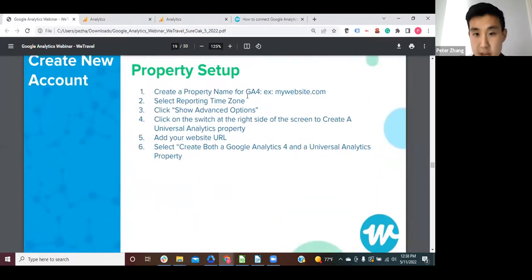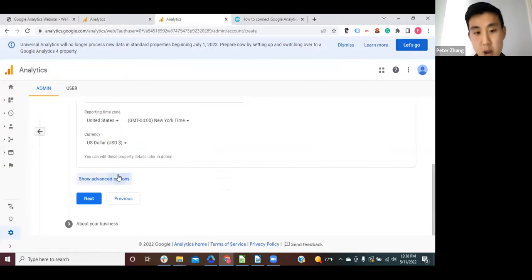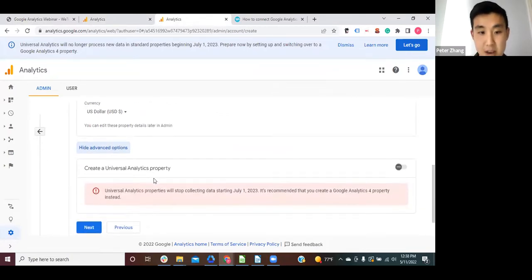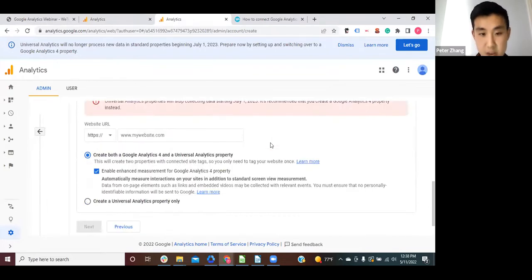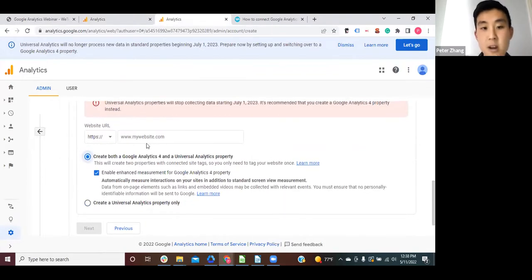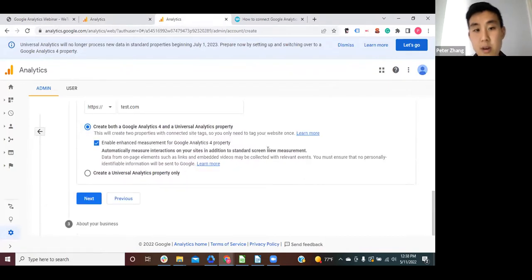Oh, sorry, and Google Analytics 4 up there. But then in step 3, we're going to look into the advanced options so we can still make sure we're creating that universal analytics property. So you have to click on that link, and now you can get into this property. It'll give you that notification once again. But all you have to do is click the switch, and now you'll be able to create both of them. So make sure that selection is there, where you'll then once again type in your domain, and that'll be for universal analytics. And you can enable enhanced measurement so you get more information.